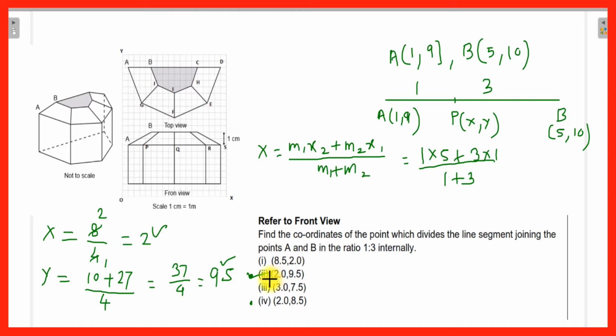These are simple questions you can solve. There is no problem whether it is a case study or a question asked in a general way. Now here it would have been easier if you had calculated the y coordinate first, because if you observe, there are two options where the x coordinates are the same, but all the y coordinates are different. So once you got the y coordinate as 9.5, you would have immediately said that the second option is the correct one.